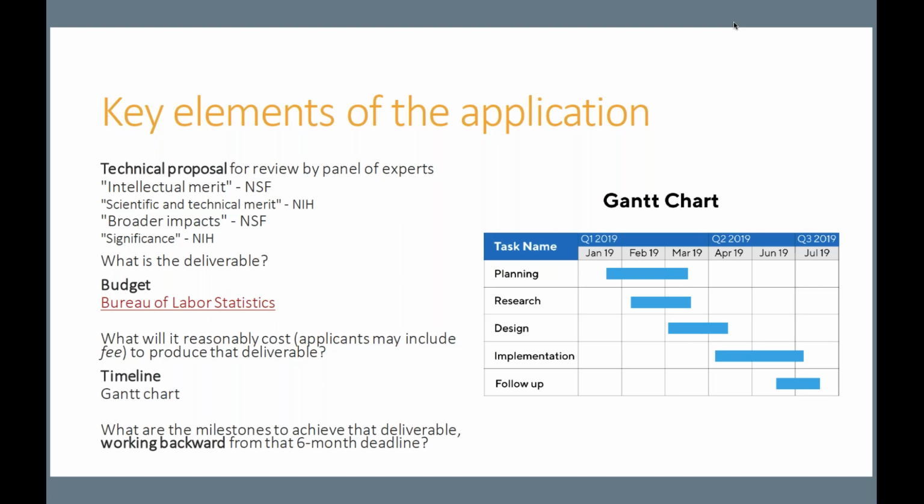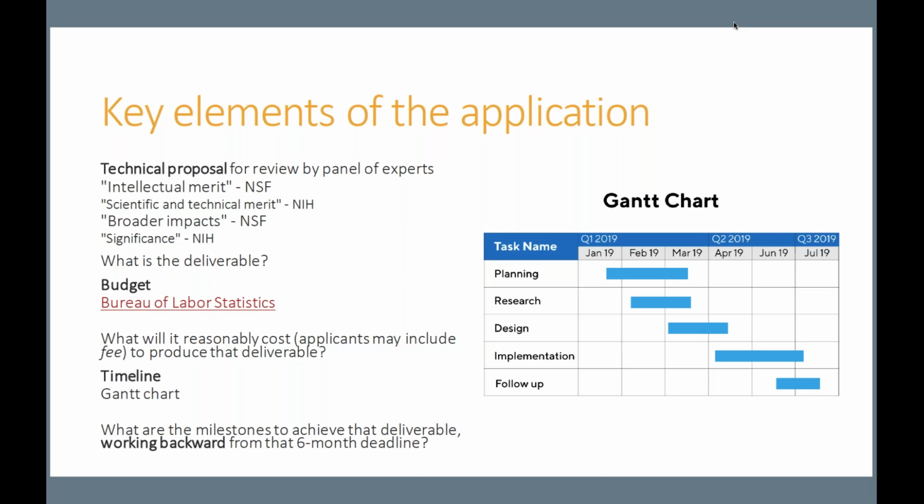The other thing I wanted to discuss here is that for most people, especially small businesses, they've just never applied for a grant before. And so that's the thing that's the most challenging. I'm not going to say confusing, because they navigate it just fine. It's just something that they haven't done before. So I just want to go over the quick key elements of an SBIR STTR application. And those items are in bold here.